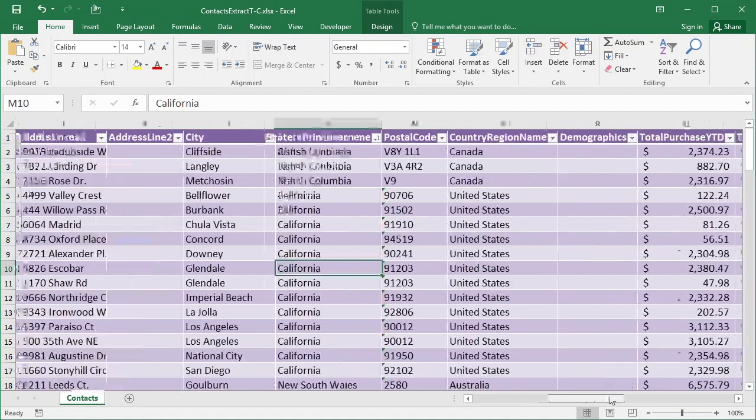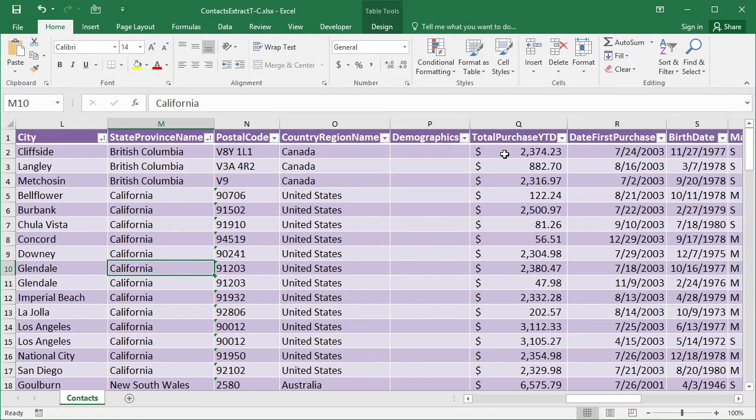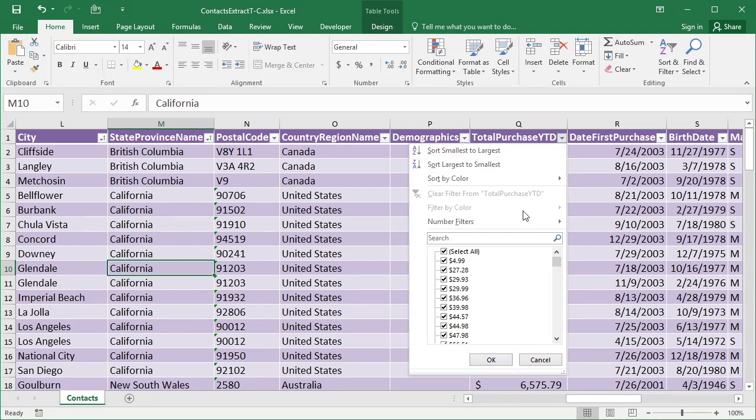Now, alternative to that, you may wish to find those people who've purchased perhaps more than 5,000 in a year. So we go to their drop down, come down to all the individual values. I could just go through and remove ticks and add ticks to see those that I want, but that could take a while. I've only got 100 records here, but if I had 1,000 or 100,000,